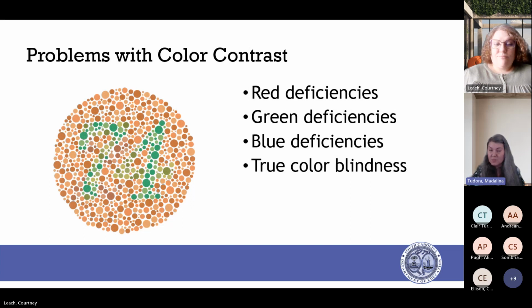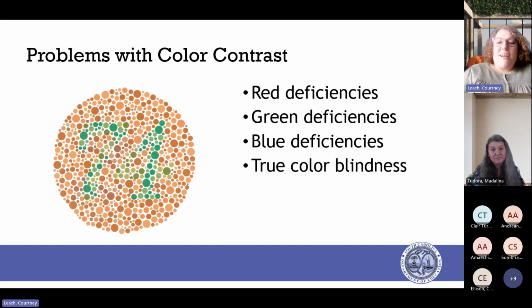And these are the most often seen issues with red, green, and blue. But that's not to say that other colors may not be affected. So that's why we always recommend that you don't use color only to convey meaning, because that color may not be perceived as you perceive it.